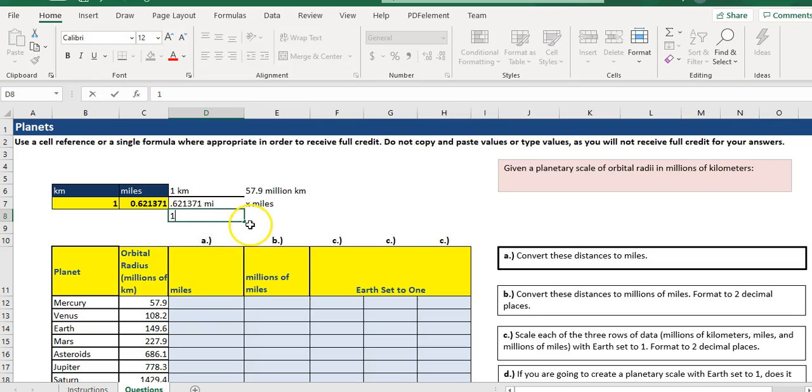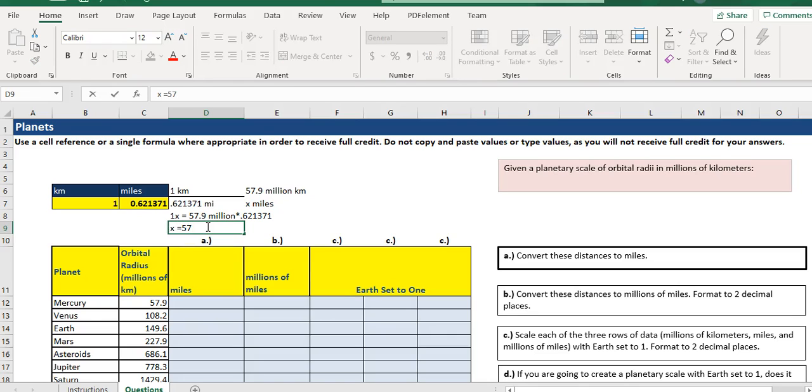So I'm going to get 1x equals 57.9 million times that 0.621371, sorry, and I'm taking those ratios and multiplying them together, and then I'm technically dividing by 1, so x is equal